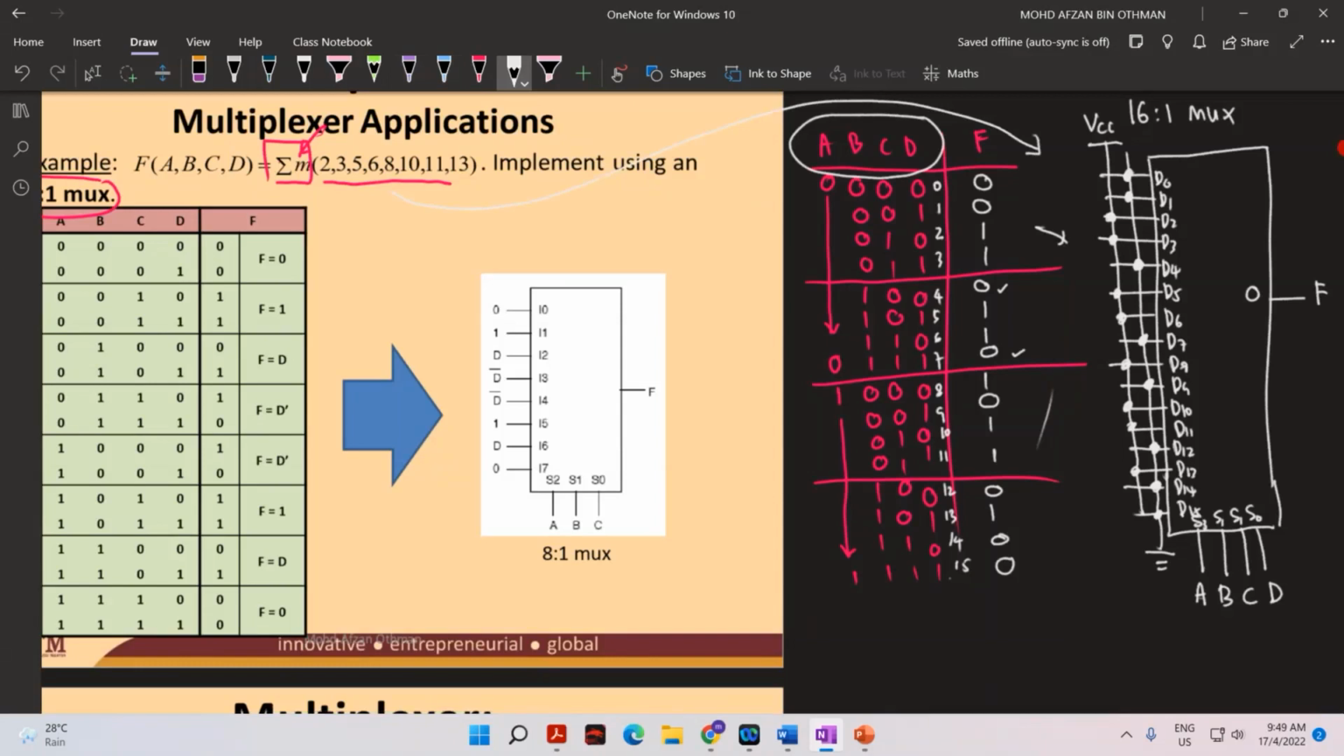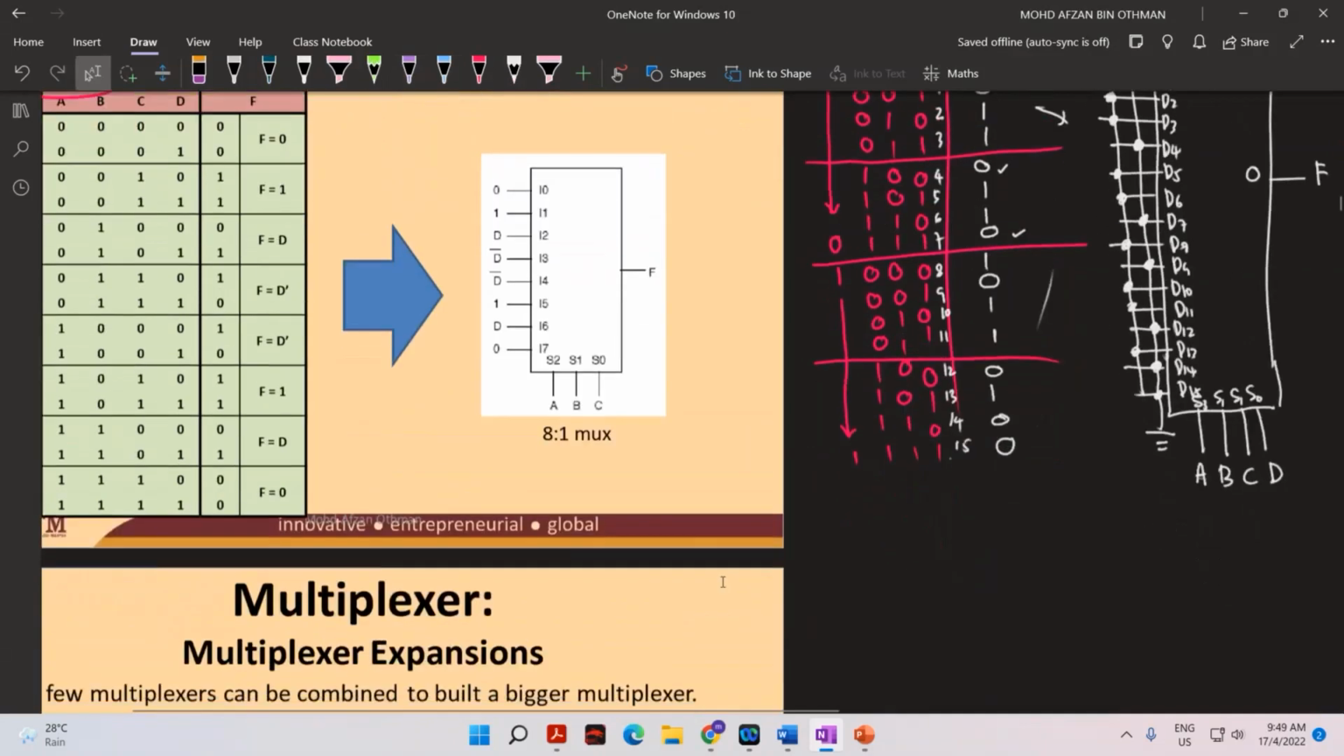Masukkan dalam 16 to 1 mux. Okay, so tak perlu buat truth table. But sekarang ni dia punya soalan kat sini, dia ask you to use the 8 to 1 mux. Okay, kalau kita lukis 8 to 1 mux,